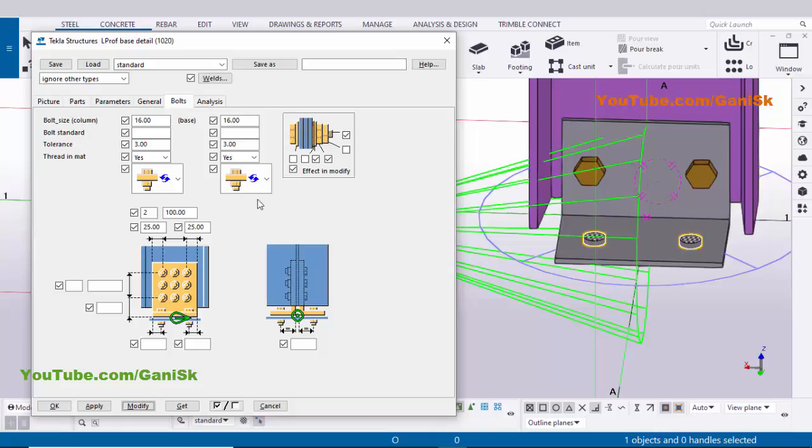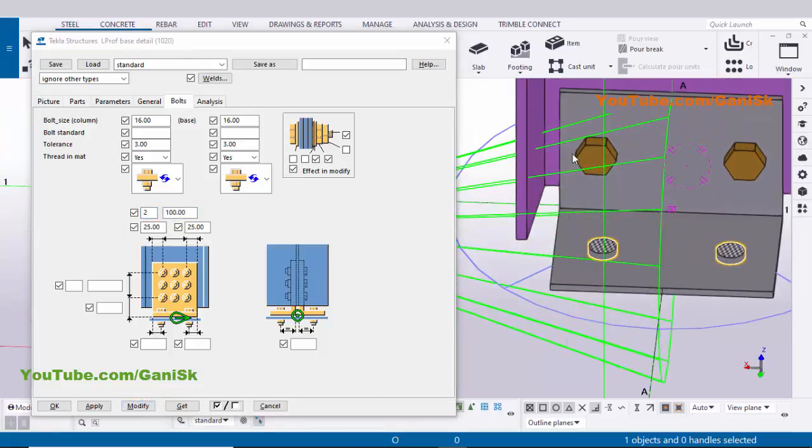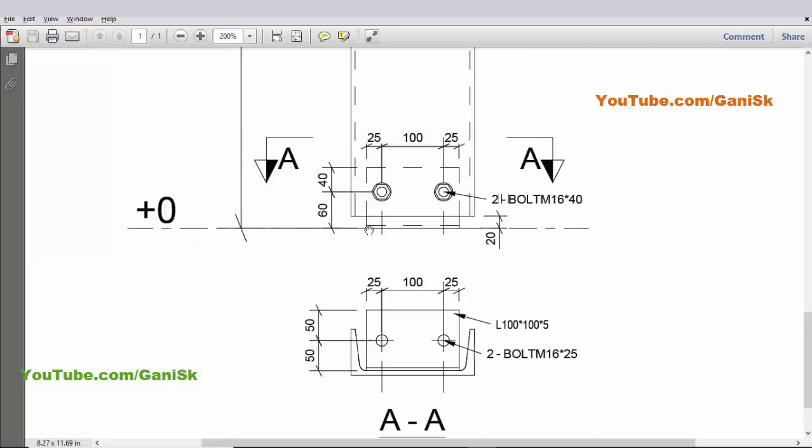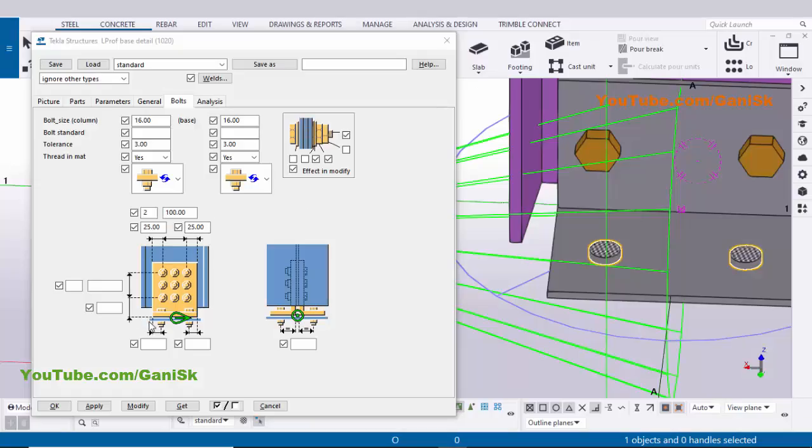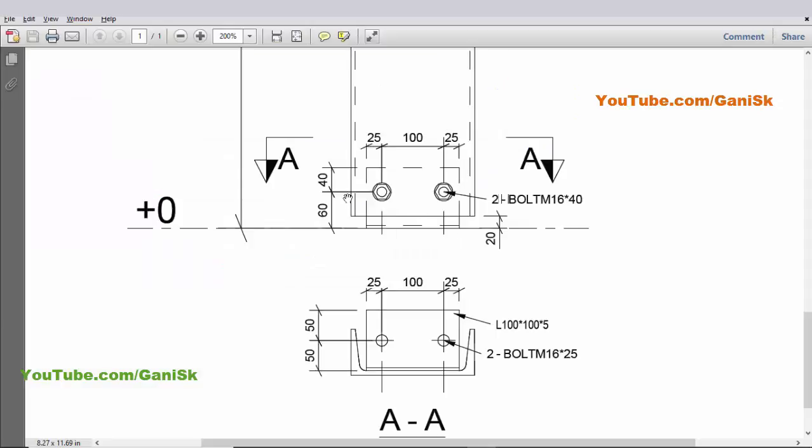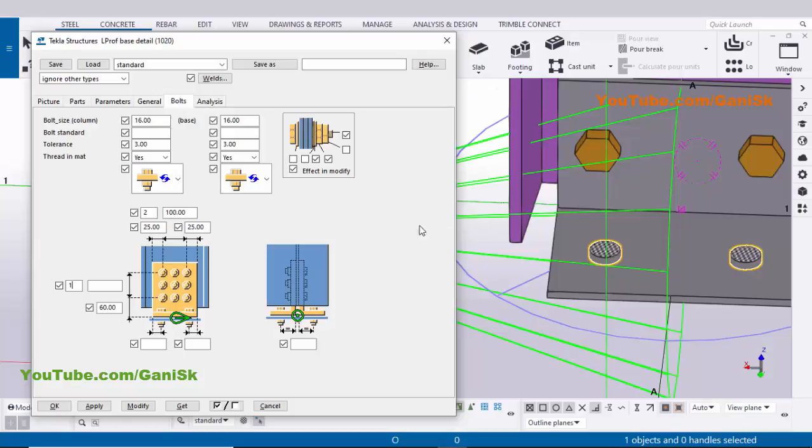If you want to place 3 bolts, then you need to enter here 3 and the spacing, for example, let's take 50. Click on modify. You can see you'll get 3 bolts. Currently we require only 2 bolts, so take 100 and number of bolts 2 and click on modify. You'll get like this. Now coming to the lengthwise direction, we have from bottom of this clip angle to first bolt distance 60 and remaining 40. So in this example we have bottom of this clip angle to first bolt distance 60 and we have only 1 bolt in this direction. In this direction we have only 1 row, so we need to enter here 1.